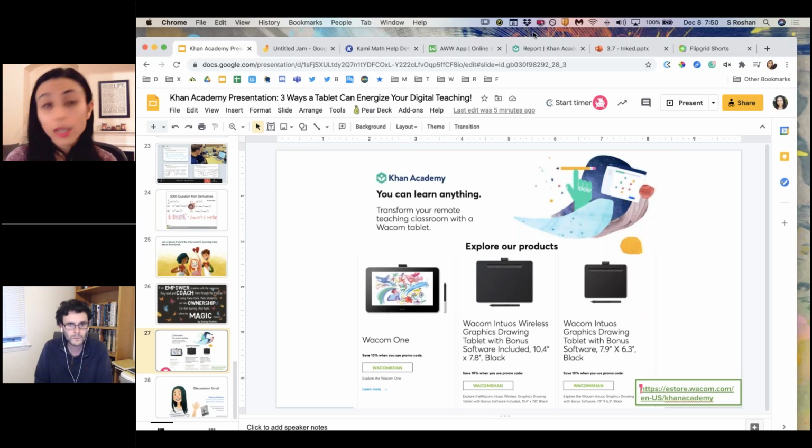So again, if you wanted to ask for the most affordable option, the Wacom Intuos line would be the one that I would go for there. And honestly, I would ask for the Bluetooth one because it's only like $10 more for the Bluetooth versus the wired one. And I've talked to some teachers about this who want to ask their school about it.